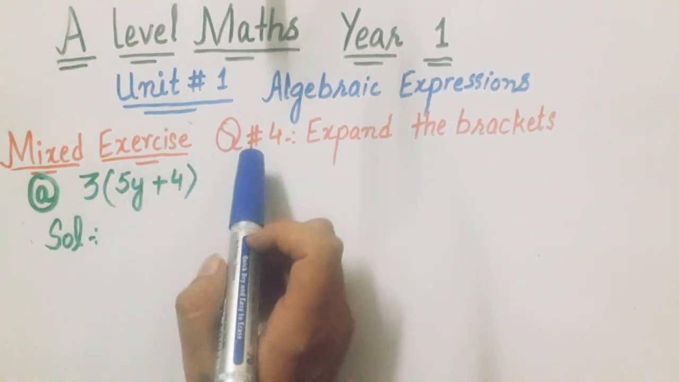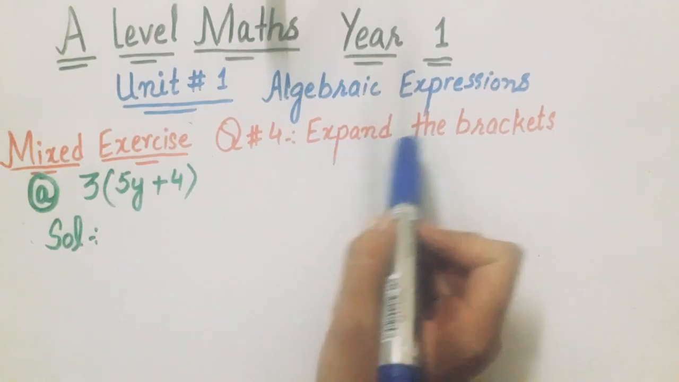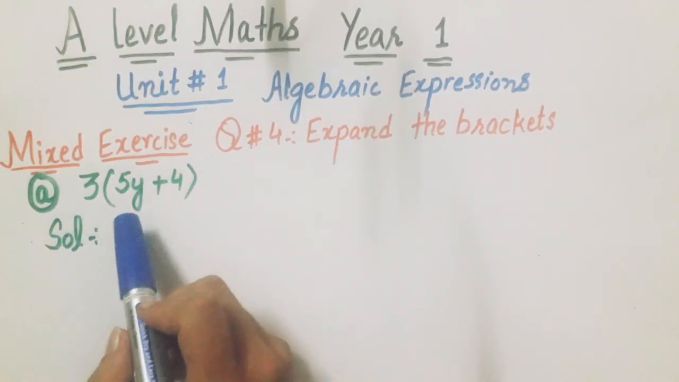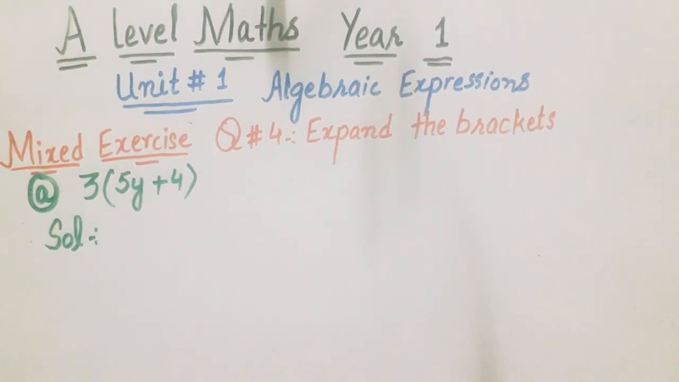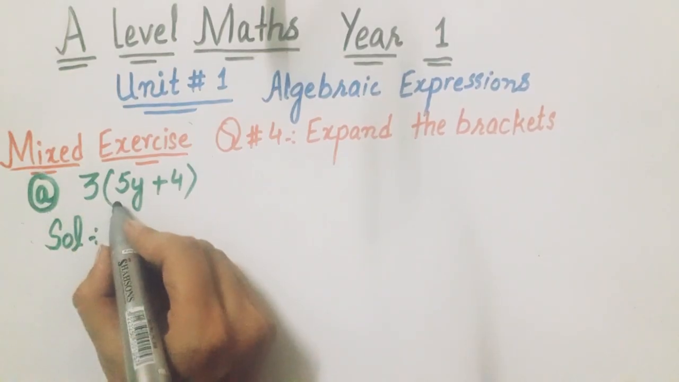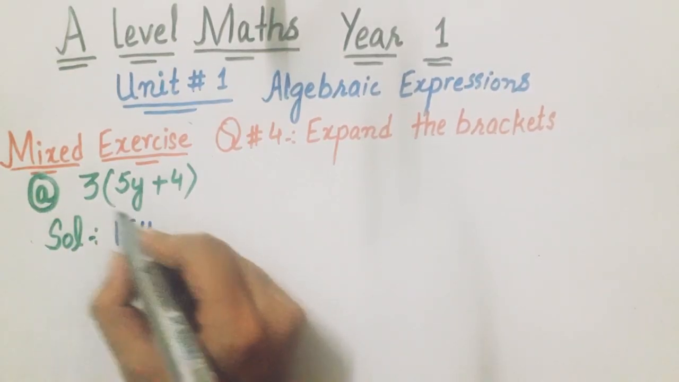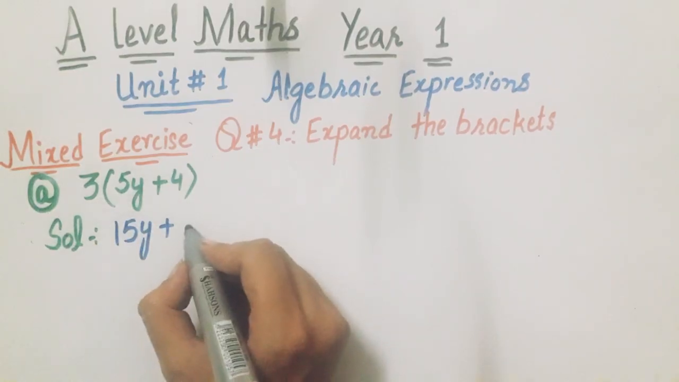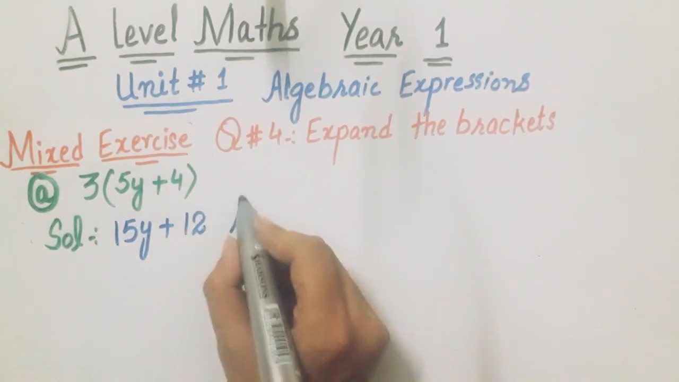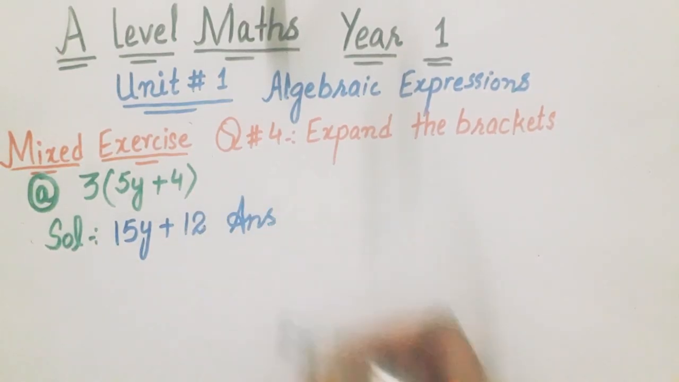Now we will start question number 4, that is expand the brackets 3 into 5y plus 4. We will solve this as 3 is multiplied by 5, we get 15y, plus 3 4s are 12. So this will be the answer. Now we will solve the B part,